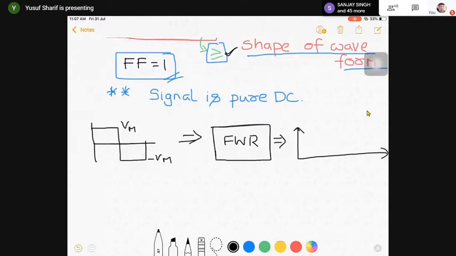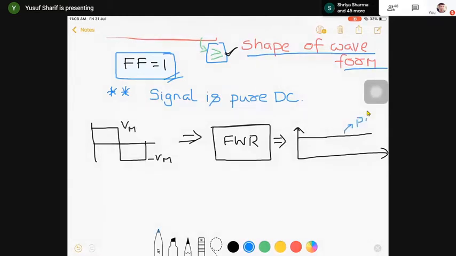What is the result that I'll be getting? What is the output waveform that I'll be getting? DC. Constant DC. Yes, exactly. In the positive half you will get this, and in the negative half what happens? This will flip above the x-axis. So what will be your result? The result will be a constant DC over here. What is this? This is nothing but a pure DC. This is called pure DC.